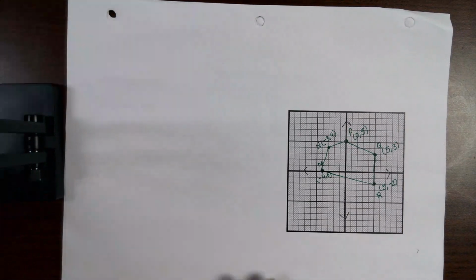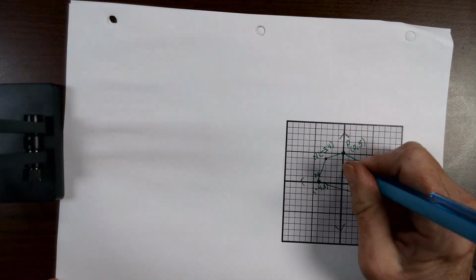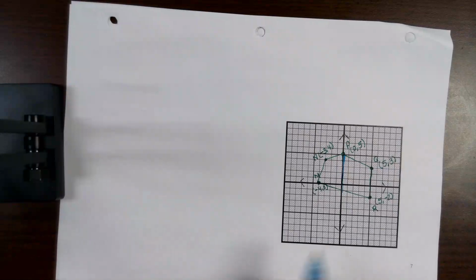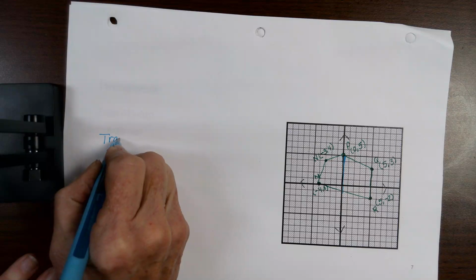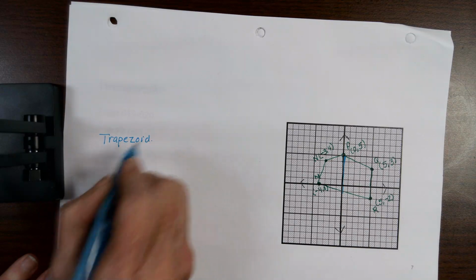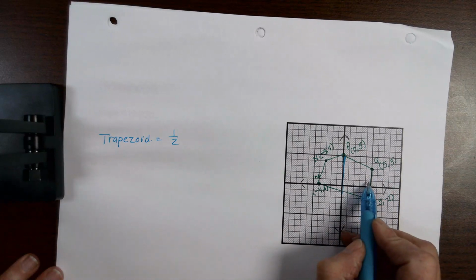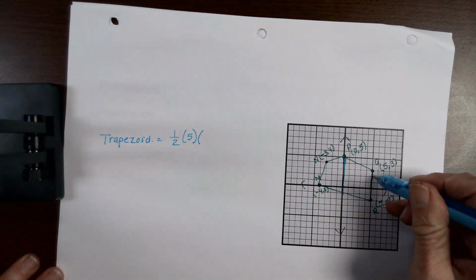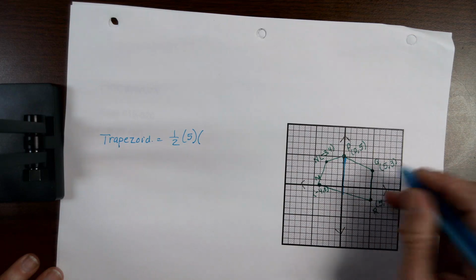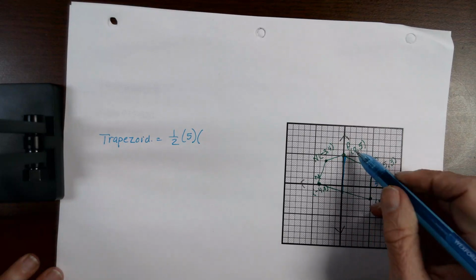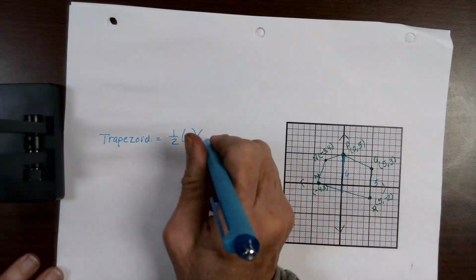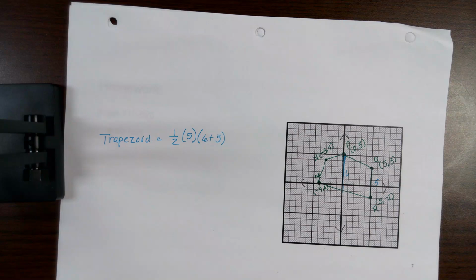Let's do one more. This one's not quite as easy. Okay, if I separate this, I don't know that you're going to be able to see it. Okay, this now is a trapezoid. Then we'll worry about this part over here. So I've got a trapezoid first. So I've got 1/2. The height of the trapezoid is 1, 2, 3, 4, 5, because it's from 0 to 5. And then I'm adding the bases together. Now this one between +3 and -2 is a 5. This one between -1 and 5 would be a 6. So I've got 6 plus 5. So that's going to give me a